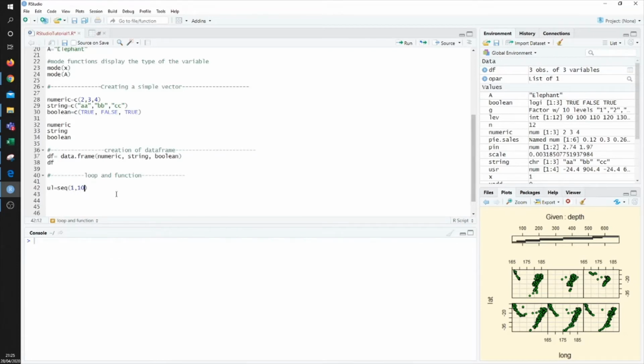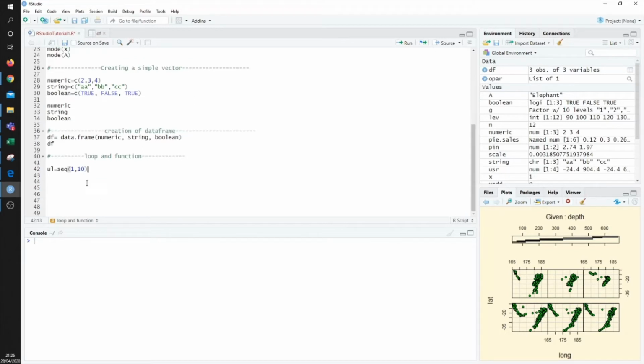So basically this is going to create a quick vector from 1 to 10, giving us 10 different numbers to work with. And then we're going to set up a variable called usq is equal to 0, and then we're going to make our loop: for i in 1 to 10,